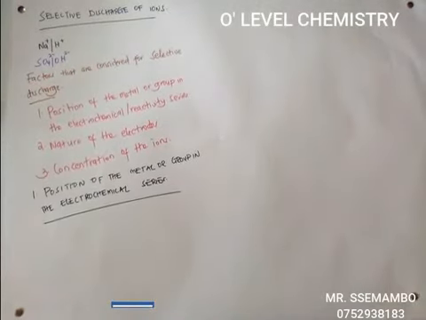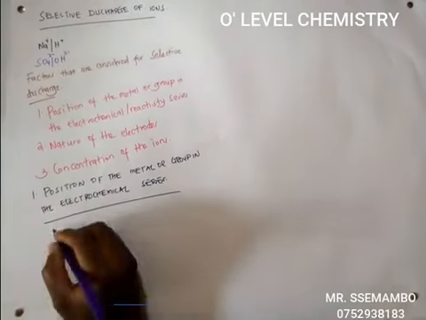When we talk about factor number 1, the position of the metal or group in the electrochemical series, one thing you must know first is the order in which ions or metals are organized in the reactivity series. The ion that is lower in the electrochemical series is selected for discharge in preference to the one above it. For example, if we consider the anions